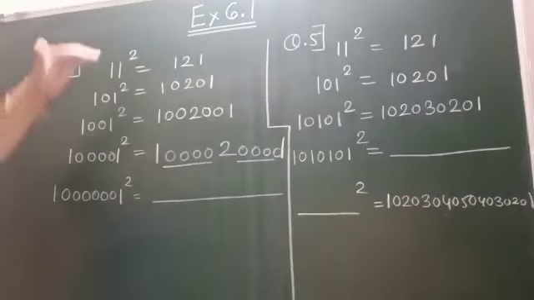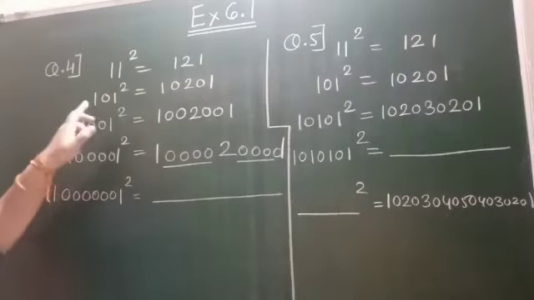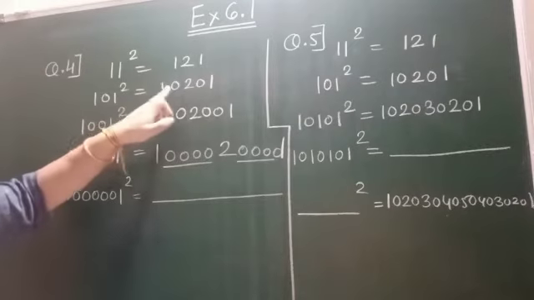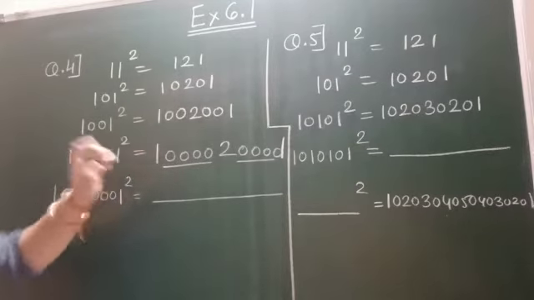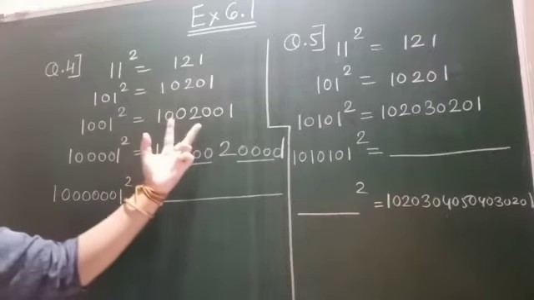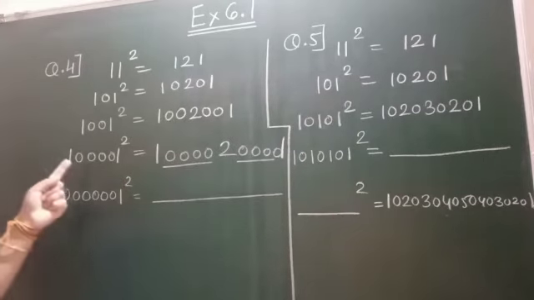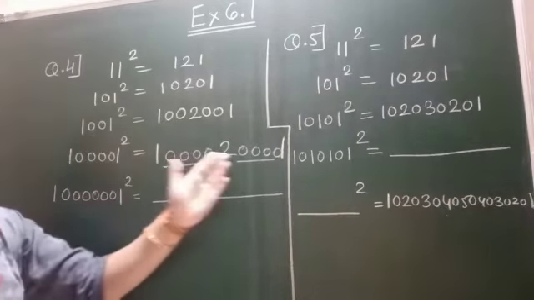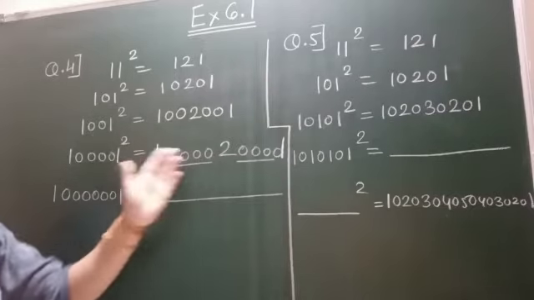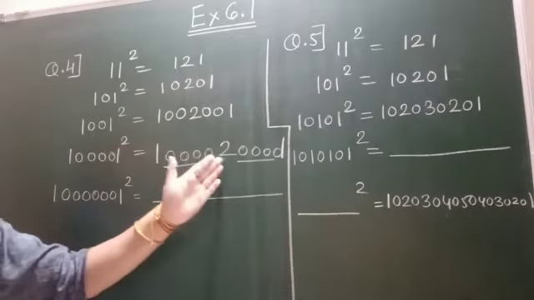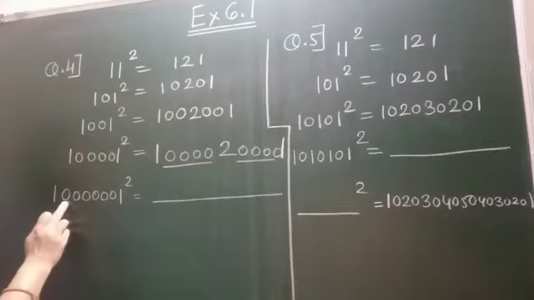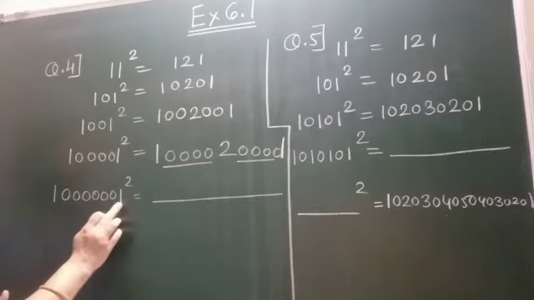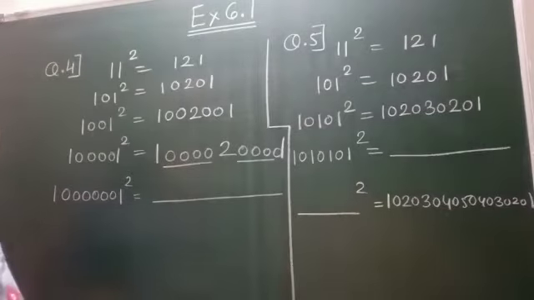It means you have to follow the same pattern. There is 1 zero between 1 and 2 on both sides. Then there are two zeros on both sides. Then there are four zeros, so four zeros will come in between 1 and 2 and 2 and 1 also. In the next step, as you can see, there are 6 zeros between this 1 and 2. So we have to write the complete number.